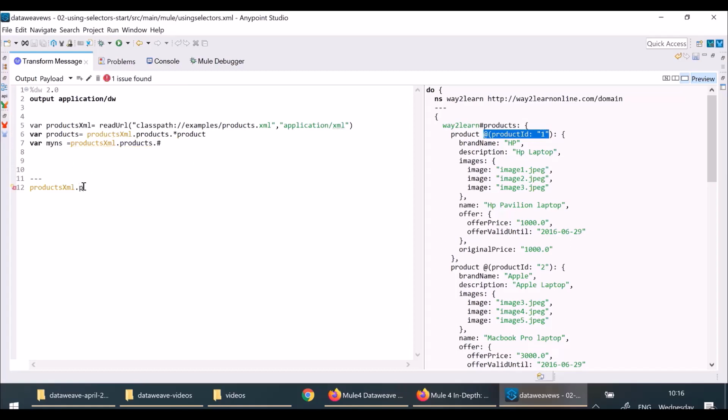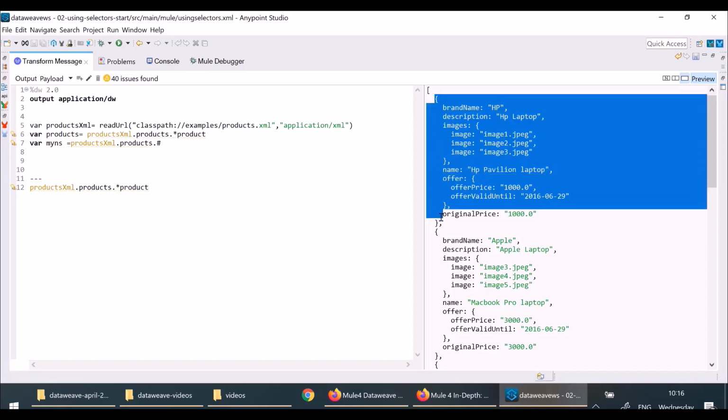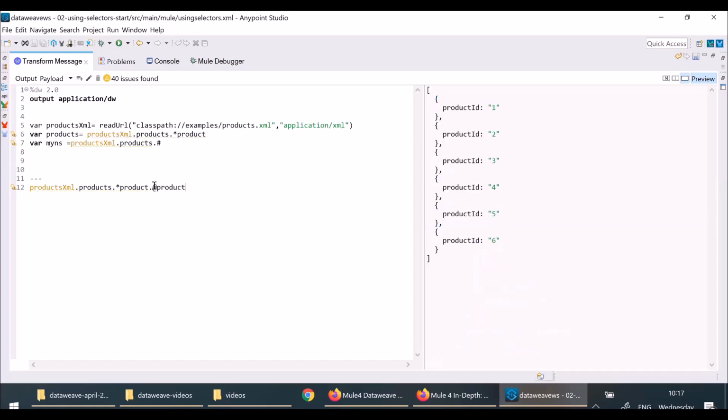Products XML dot products will give all the products, dot star products is giving me an array, but in this array also it is not displaying the attribute. Now dot at product ID, this will select